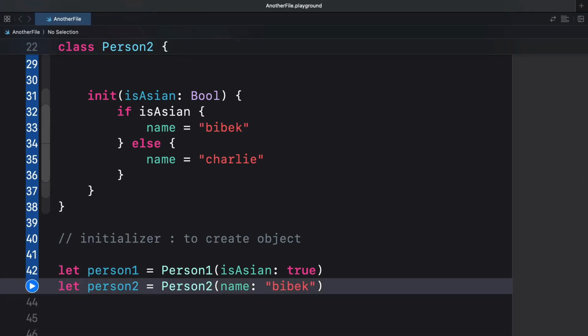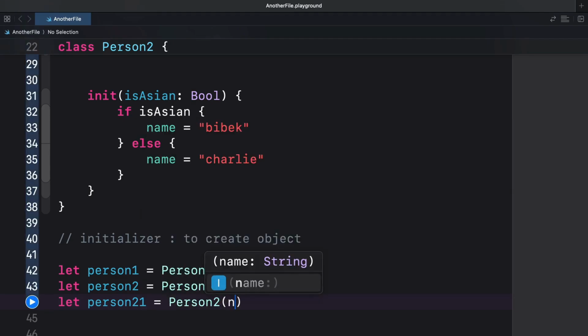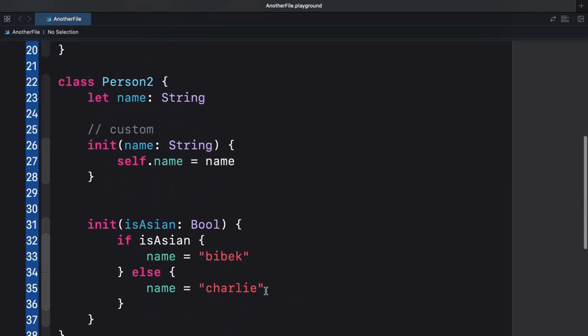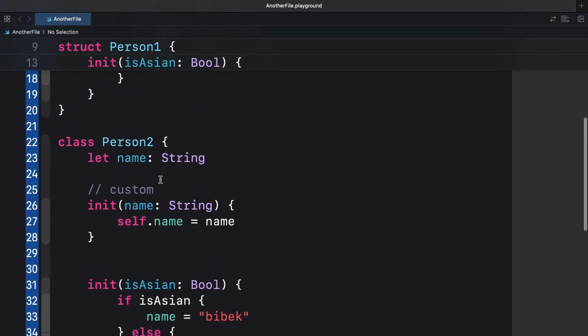Let me use the second one as well. Let person2 isAsian is false. That means the person2 is Charlie, right? So we are able to have multiple initializer for class.